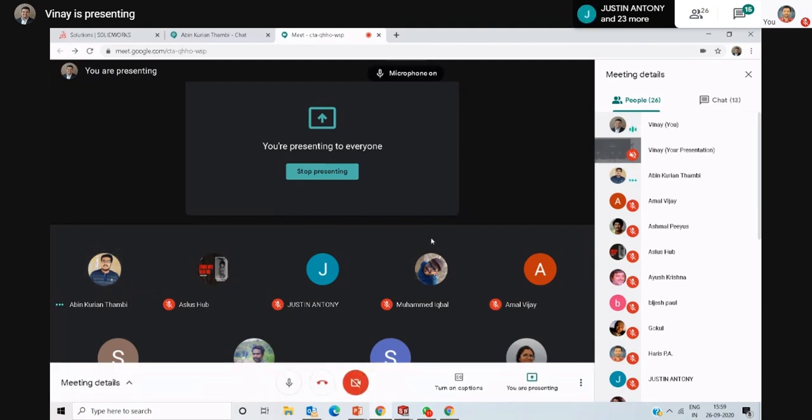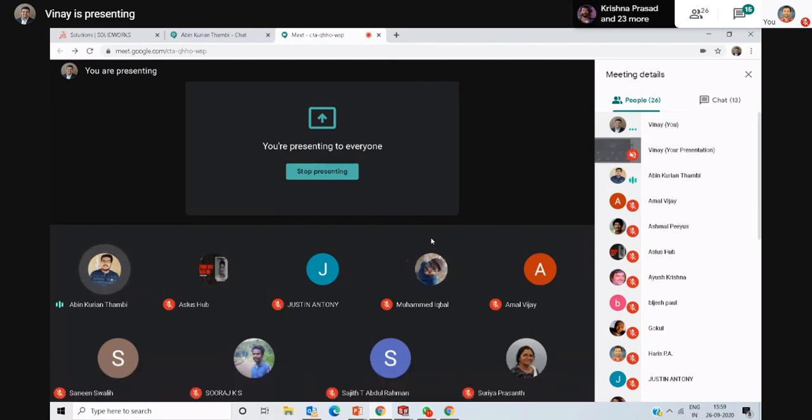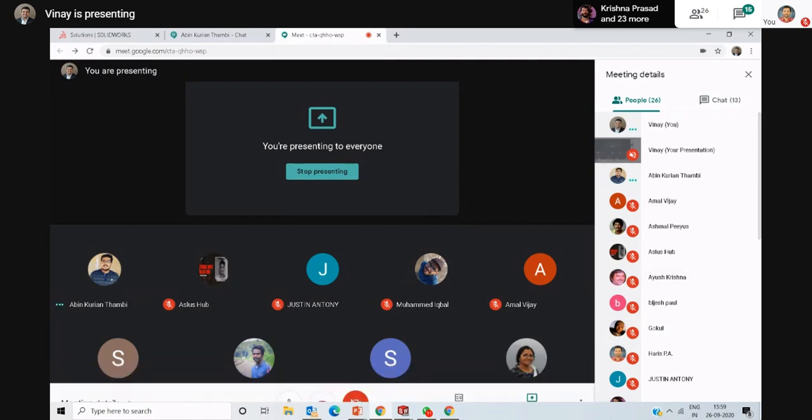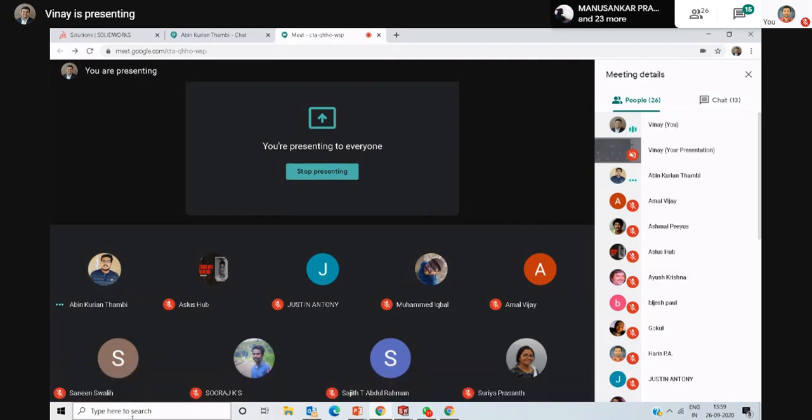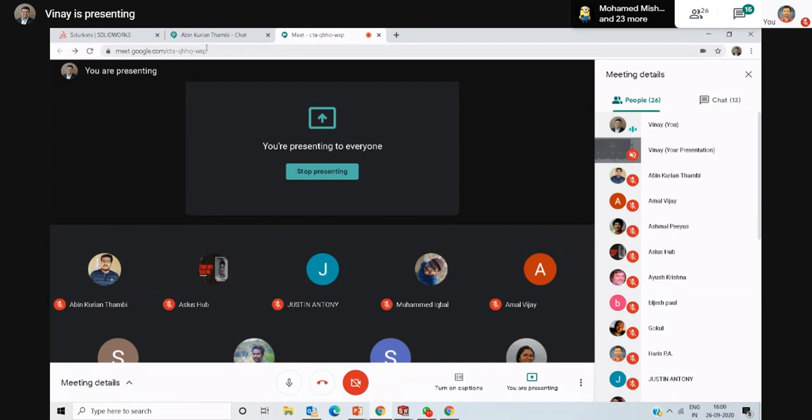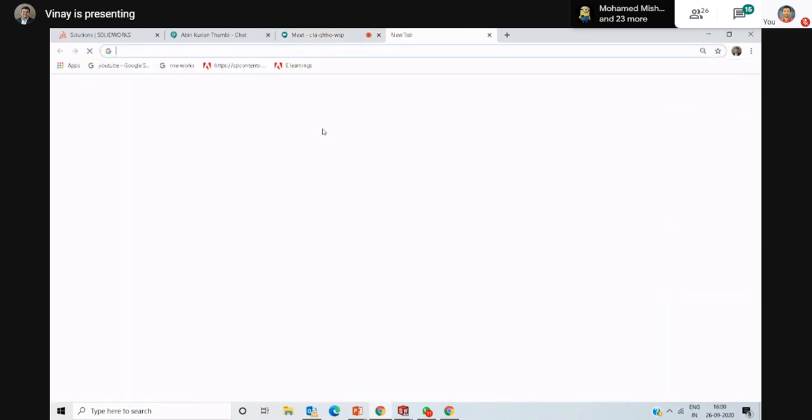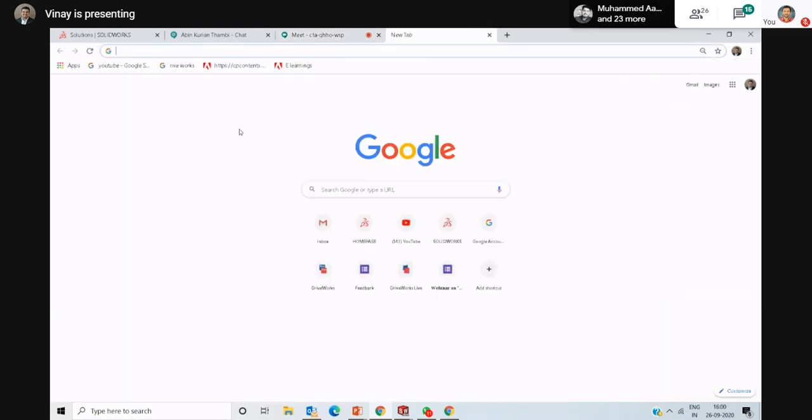Could you explain the normal amount and the offer? See, without this offer, if you want to take the certification, it will charge you 10,000 rupees. You can go and check, that is not an issue.